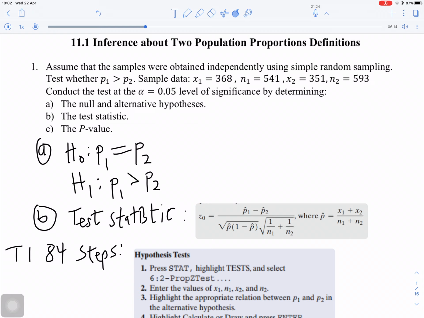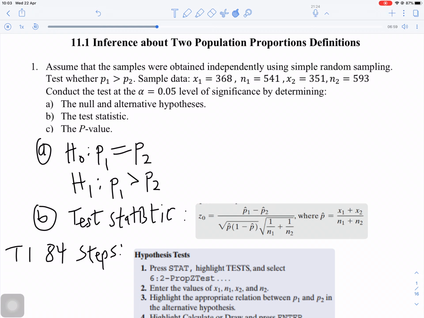Now conduct the test at the alpha equals 0.05 level of significance by determining the null and alternative hypotheses, the test statistic, and the p-value. So when you go through the steps, this is like steps 1 to 3. The very first question is the null and alternative hypotheses. Remember, the null hypothesis always has equality in it. So this means simply p1 equals p2. Then the alternative hypothesis is what we want to test. We want to test whether p1 is greater than p2. So it means that H1 is p1